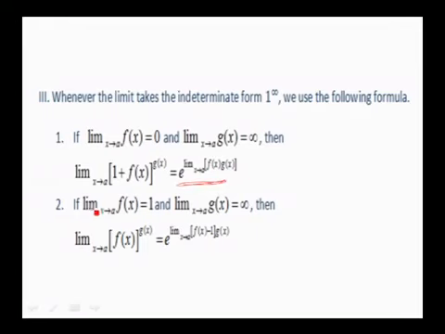Similarly, if limit of f(x) is 1 and limit of g(x) as x tends to a is infinity, then limit of f(x) to the power of g(x) takes the form 1 to the power of infinity. I can write it as e to the power of limit of (f(x) minus 1) into g(x). So,